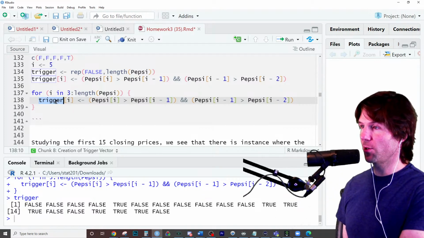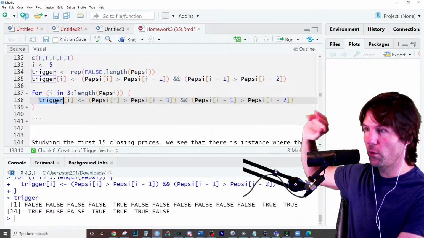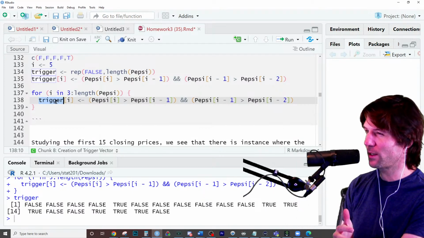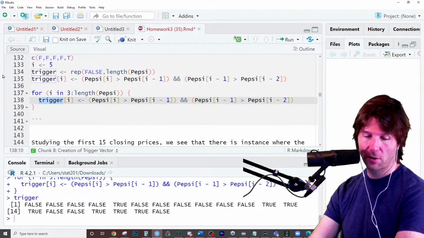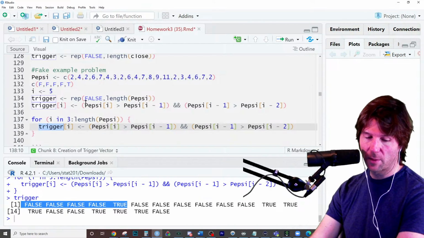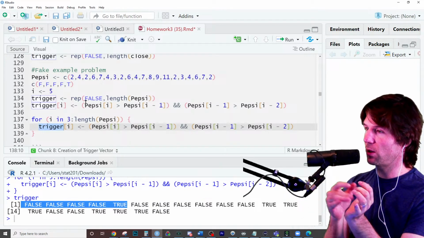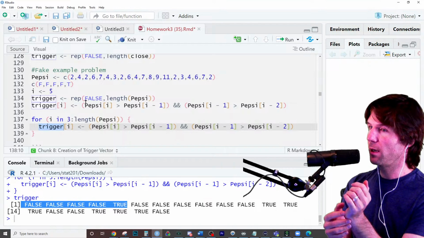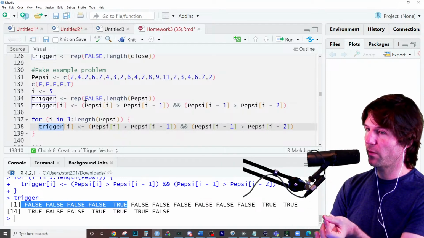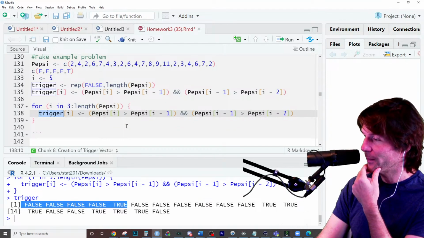So with this right here, we're running it so that, and the thing is, remember, I didn't just write this code. So if you try writing the full thing inside the loop, it might not work. You might have an error. You might have something that doesn't run. I looked at it in theory and thought, okay, I need to buy on the 5th one. I knew what my answer should look like when I was running it. So I'm like, okay, what is this going to do? I need to check day 3 is greater than day 2. I need to check day 2 is greater than day 1. And then I need to do it for each additional day right here. So now that I have my trigger vector, I know when I should buy my stocks. Does that make sense? Kind of some work right there.